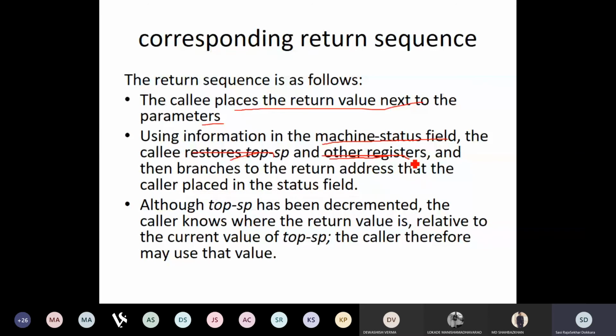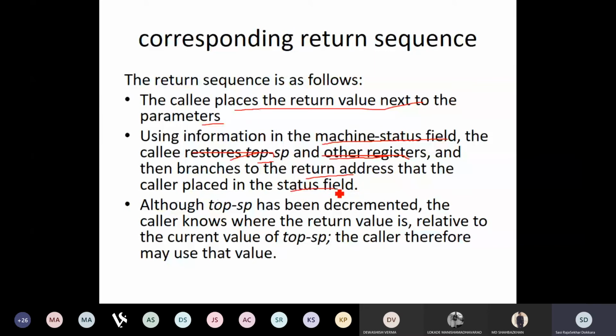Because the callee has finished and the execution should resume from there, it restores the top of the SP, and then branches to the return address that the caller placed in the status field.